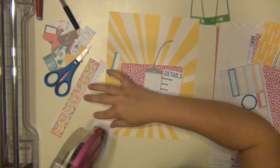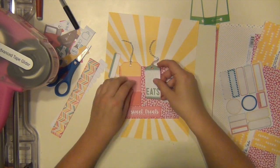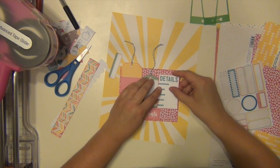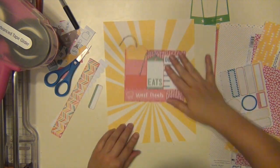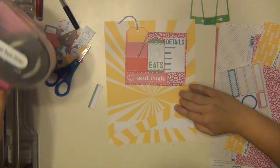So I'm using these kind of in a little collage here. That tag is where I'm going to do my journaling. This one's kind of, it's not my title, but maybe a subtitle. It says, Good Delish, Amazing Eats. Okay,